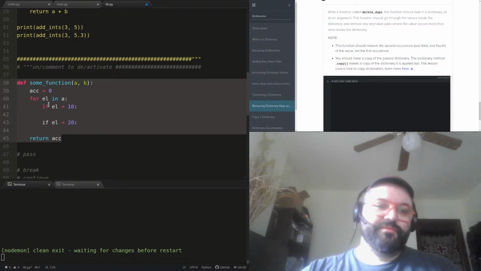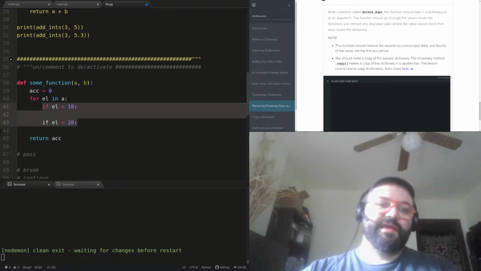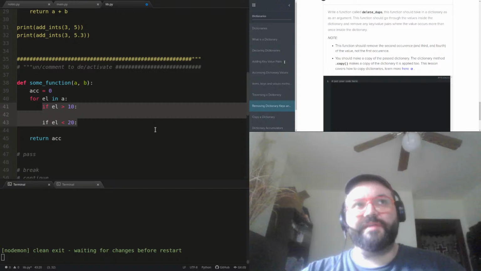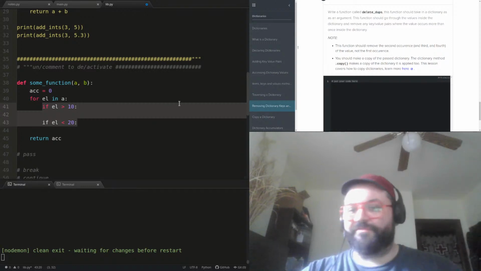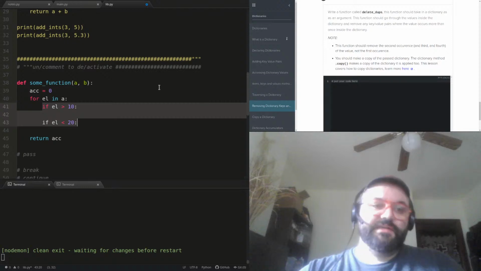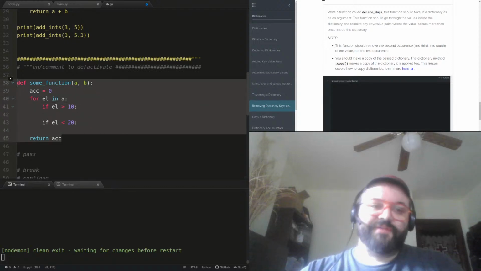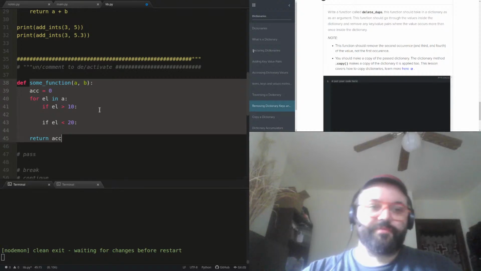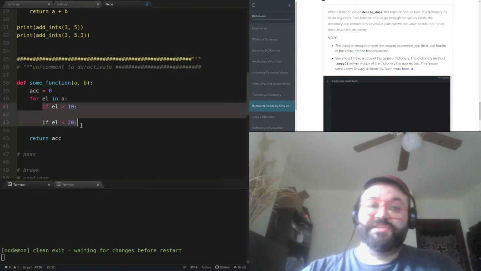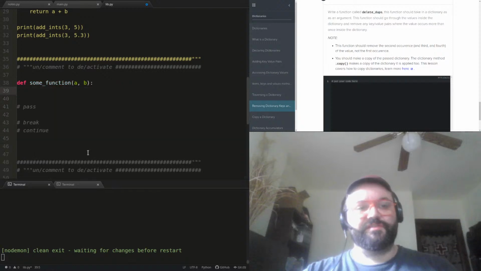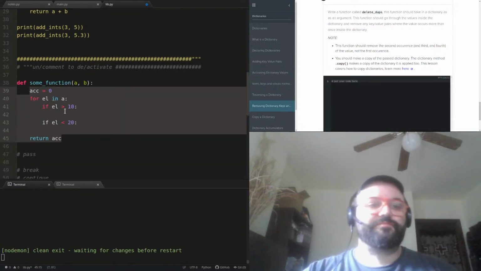So I have these conditions, and let's say this is the start of some logic that I'm going to implement, and I maybe have 3 or 4 or 5 more lines that I'll ultimately need to add to whatever this function is supposed to do. This is just an arbitrary function. But you've got a couple conditions or maybe loops, or maybe you're writing a couple functions and you're just stubbing them out like this.